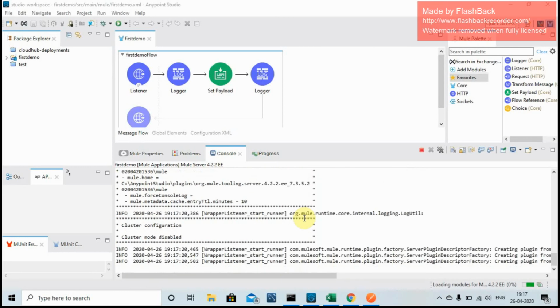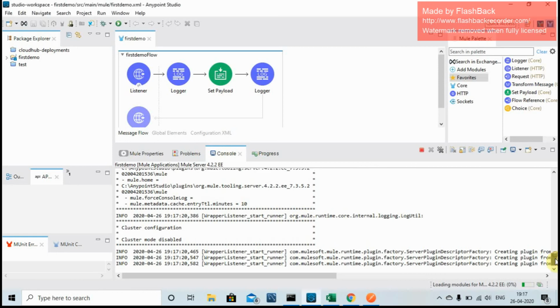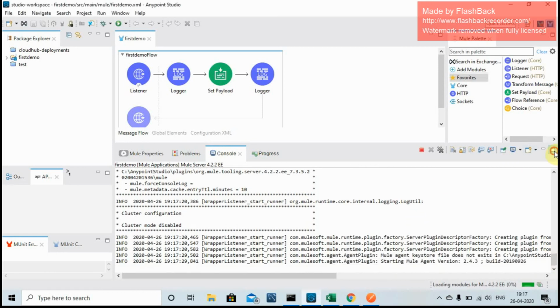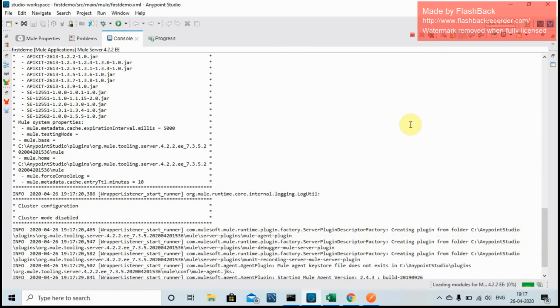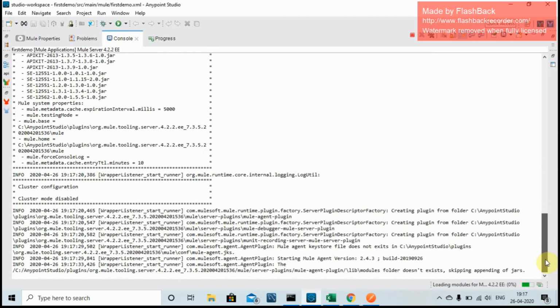It is running the Mule server in the background, just setting up all the things. Let me expand this particular window and do a word wrap on it so that you can see all the entries.